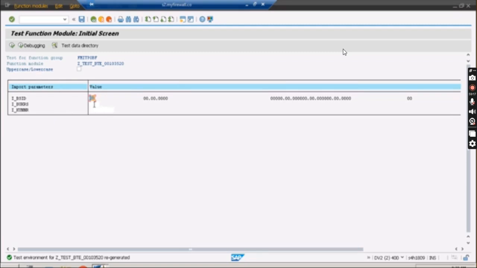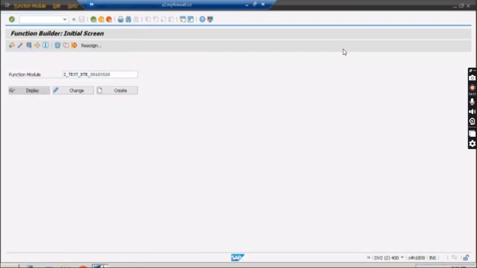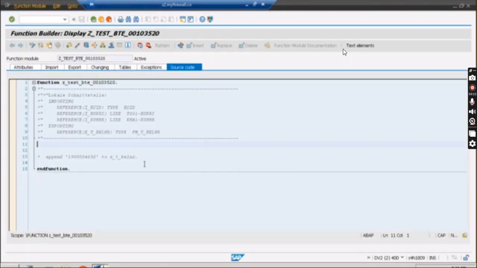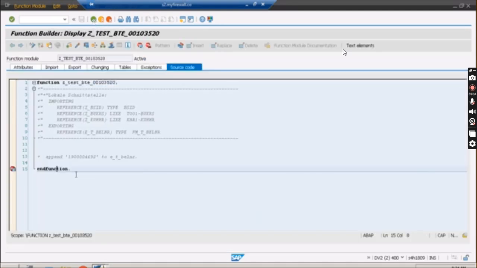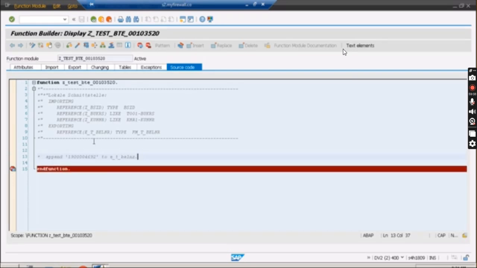Here you can give the data and click on debugging, or you can directly go to the display and put the breakpoint inside. No code here. If code is there, you can put the breakpoint directly over there and just run it. It will stop there and you can start debugging in the same way as we are doing. All the techniques we are learning are applicable everywhere, dynamic breakpoint and everything.